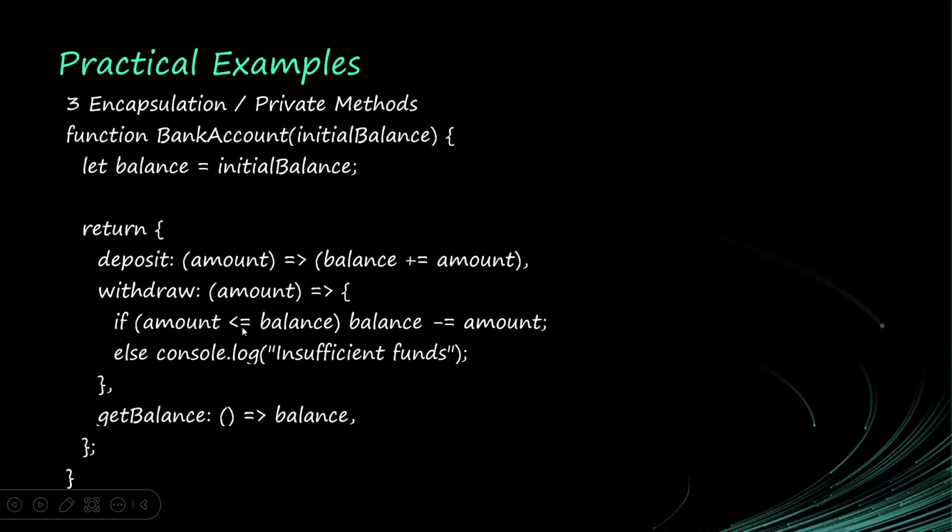So now let's go and do this. We have a bank account function. It takes an initial balance. Then we have this variable, let balance equal to initial balance. Then we now return an object: deposit, balance plus equal to amount, withdrawal, if amount, okay,